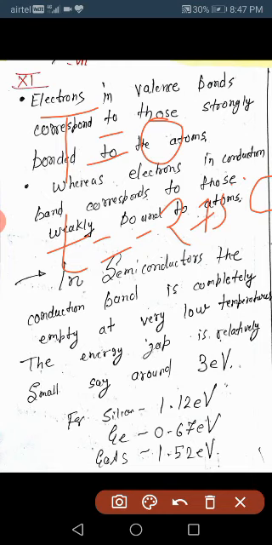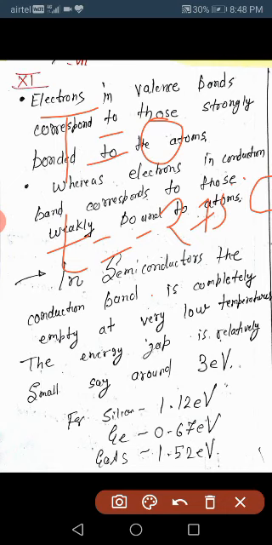This temperature cannot be obtained practically at normal conditions. So we need some cryogenic kind of thing. Have you heard about the word cryogenic engineering? In that cryogenic engineering, we try to create these temperatures. So this minus 273 degrees Celsius is not a practical thing, but theoretically it is true that at minus 273 degrees Celsius there will be no electron